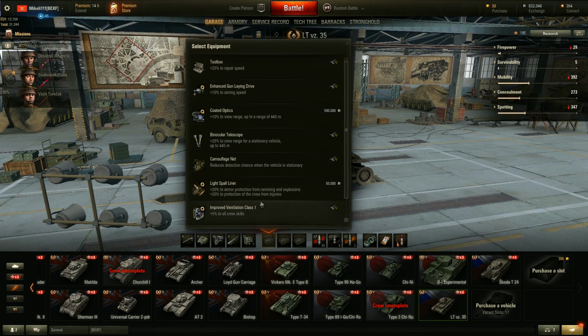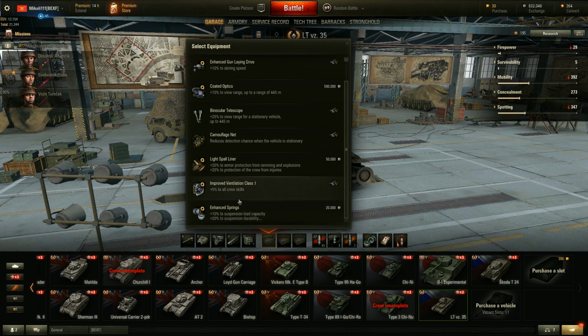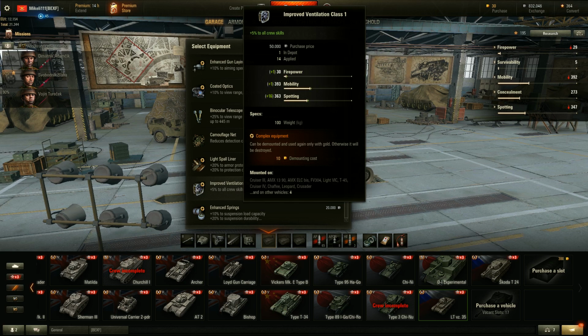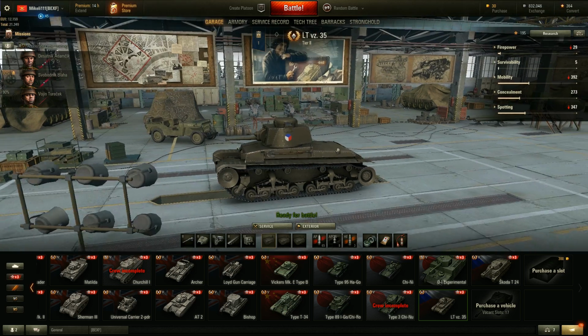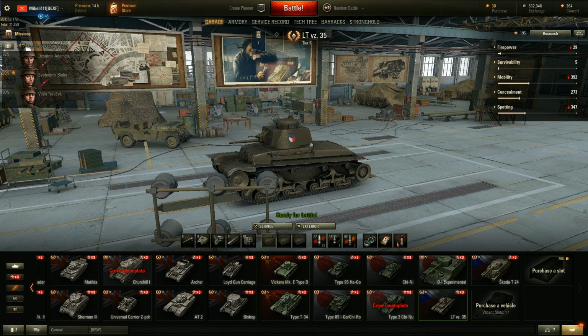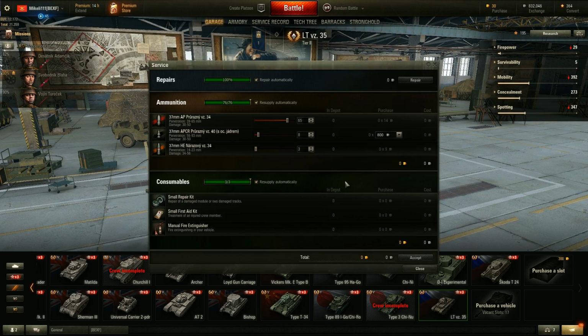And now what you need to do and understand is the second expensive stuff that you can run is improved vents. The second option will be coated optics and enhanced gun lane drive. So basically all that stuff is in. You can add some APCR ammo and use credits for it,